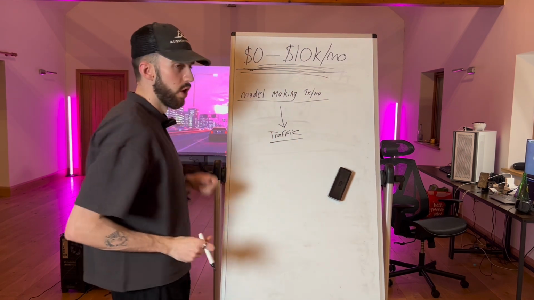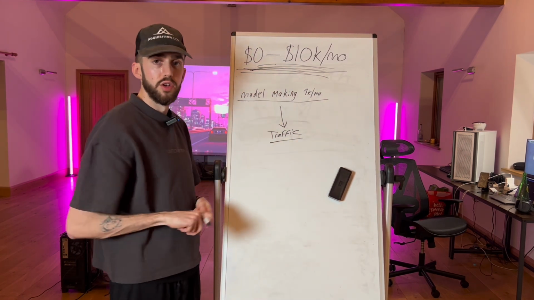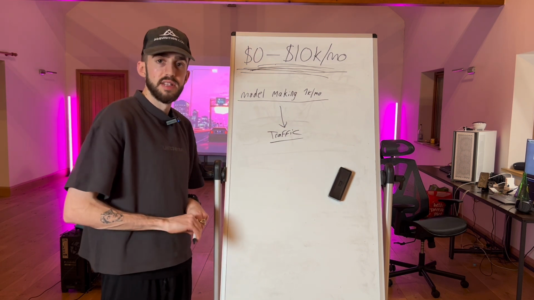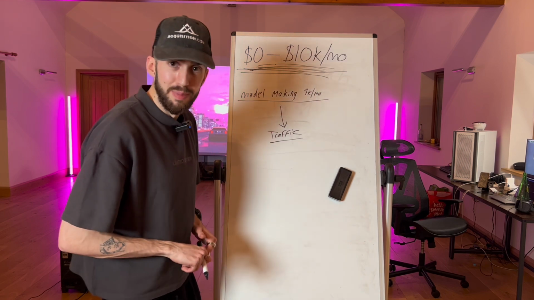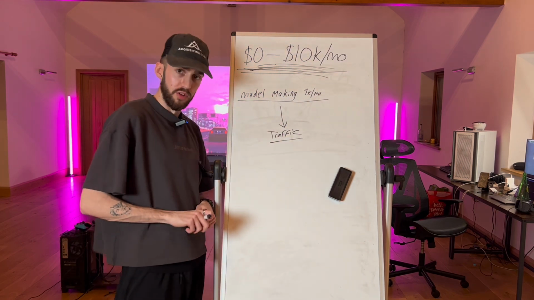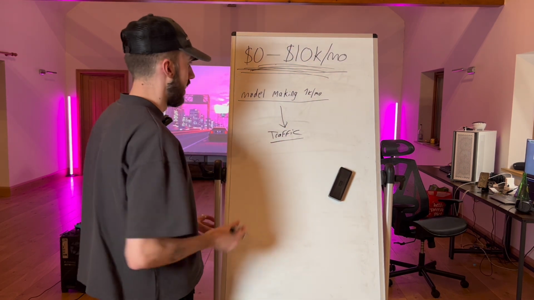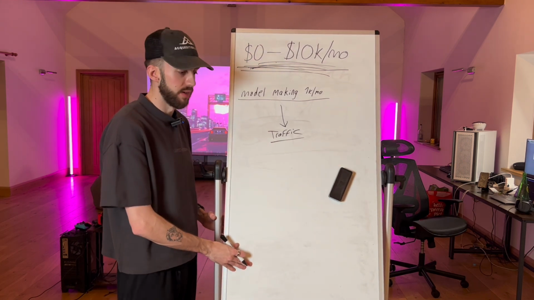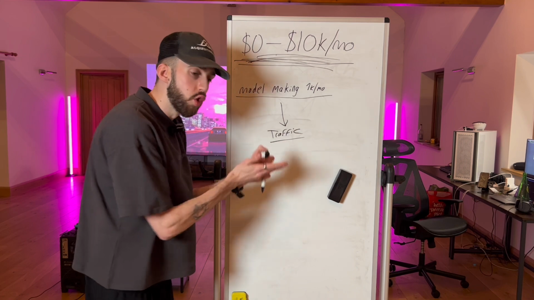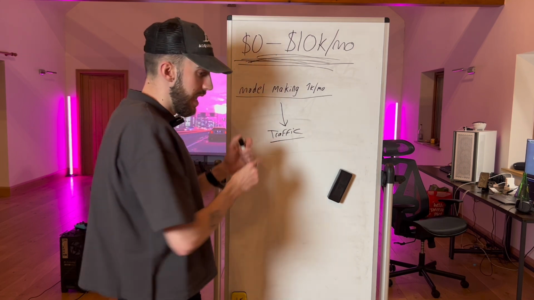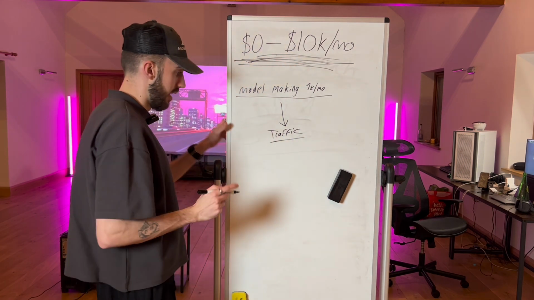She's probably got friends from school, she's put her link up on her Instagram and her Snapchat, and a couple of the creepy guys from school that want to see her bits have gone in to sub to it, right? She can't get past it, she's stuck at 1K a month. How do I generate traffic? Well, that's where you educate her to create curiosity and create authority and trust, right?